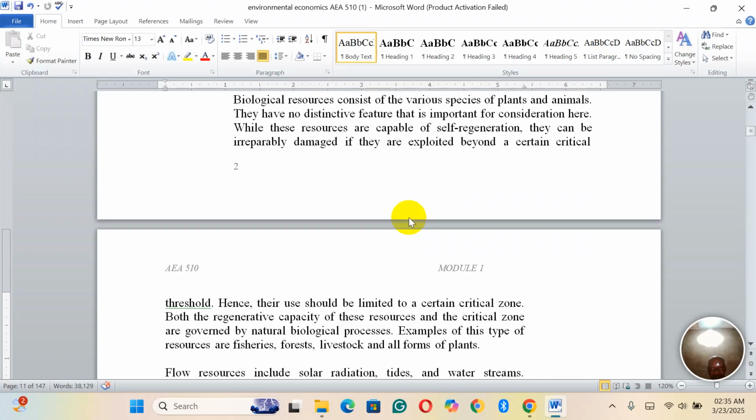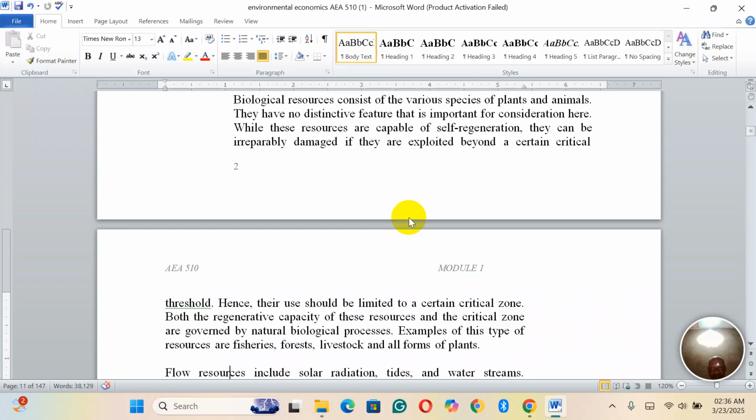Biological resources consist of the various aspects of plants and animals. While these resources are capable of self-regeneration,